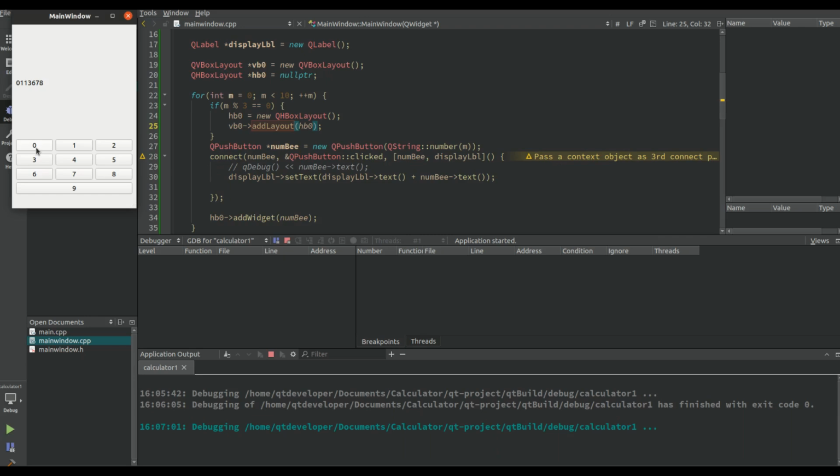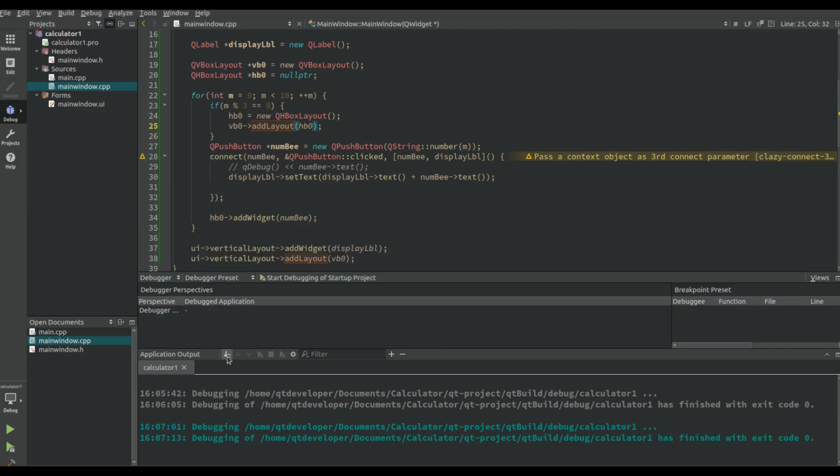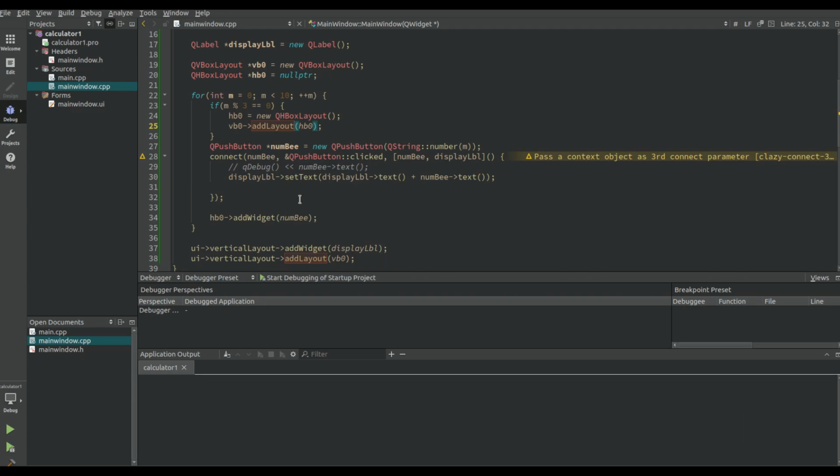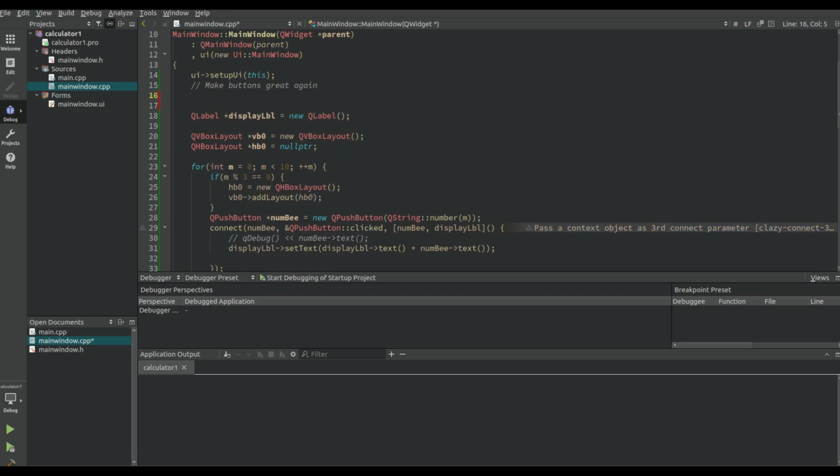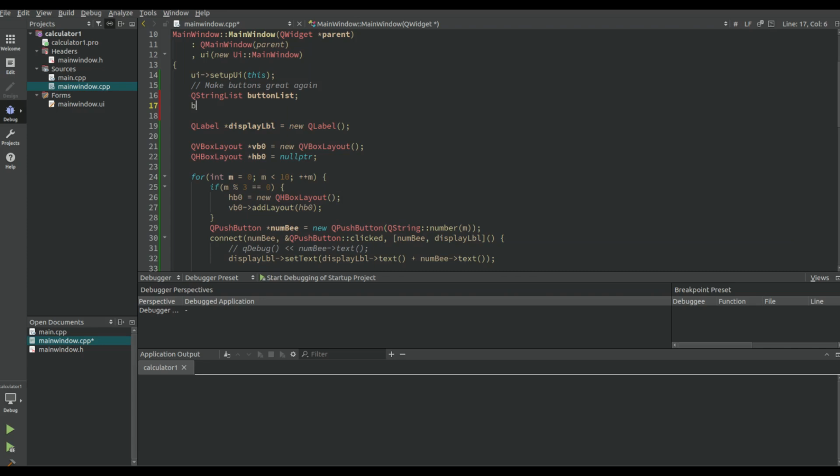Now, what I don't like are these buttons. Gonna get my last nerve. And the fact that I need to add 4 more. So maybe I'm gonna make a little change here. And maybe I want to make a QString list. Let's try that. And we're going to call it button list. All right, and then in my button list,